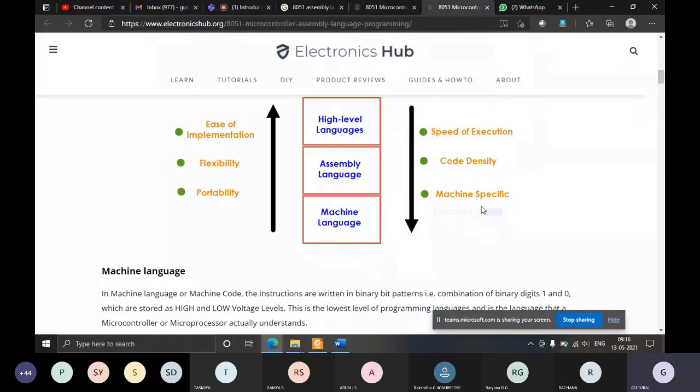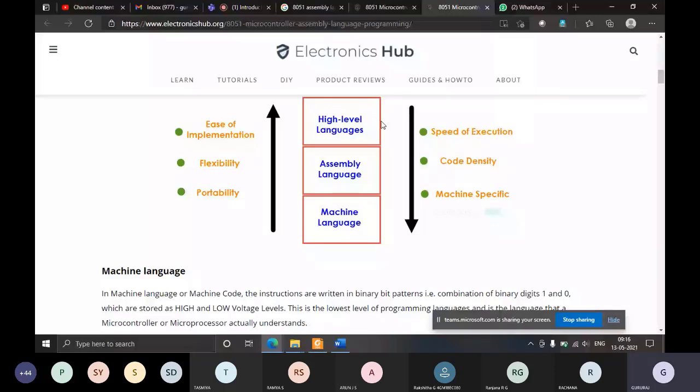So machine level language is machine specific. You can see that assembly and machine level language are machine specific or device specific. They work on a particular device only. It is not easy to port the assembly code or machine level language code that you write, because that will be supported only for that particular device, let's say Cortex M3 or an 8051. But high level languages can be easily portable. Why? Because they are not device dependent. So they will run on a system with Intel processors as well as AMD processors, or on a Cortex M3 processor also.